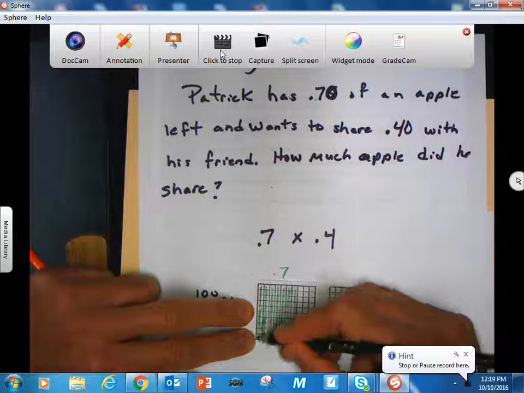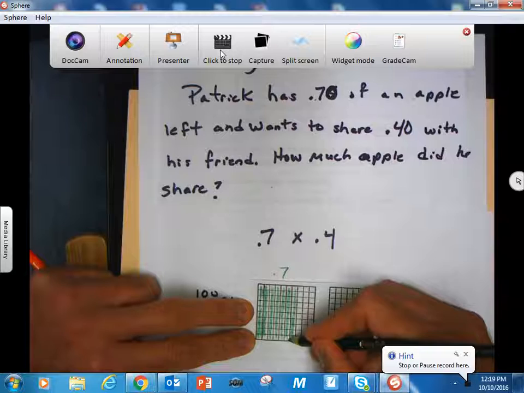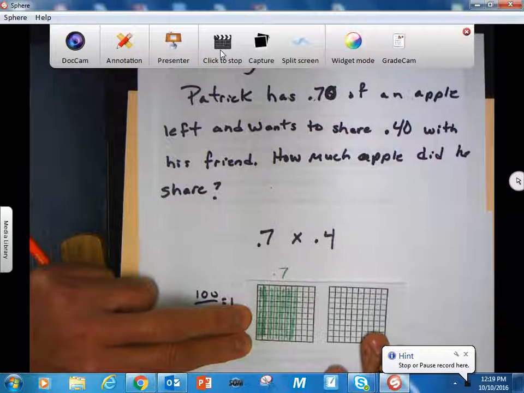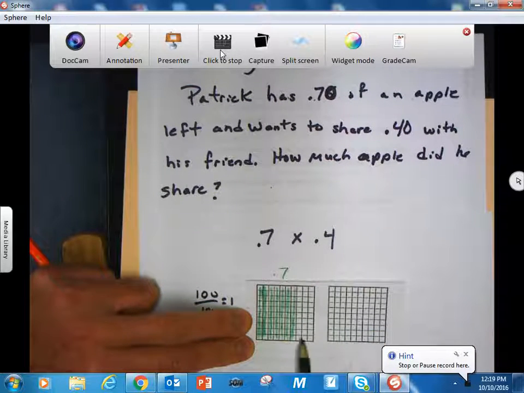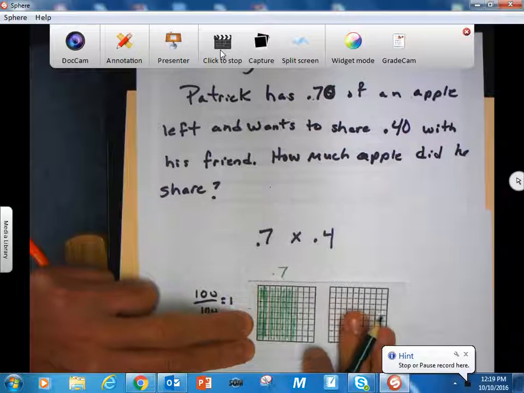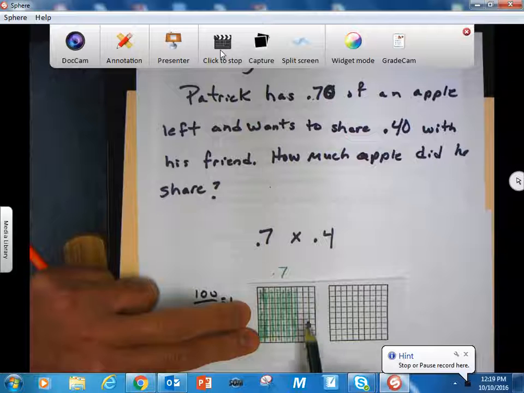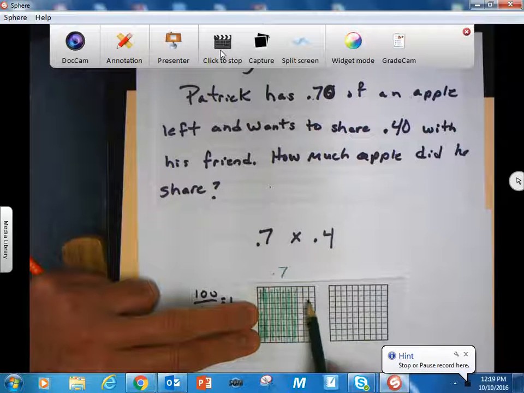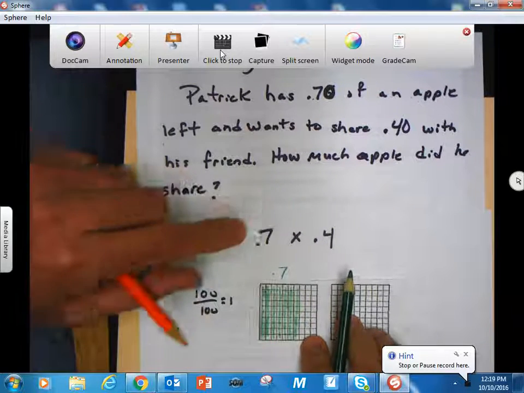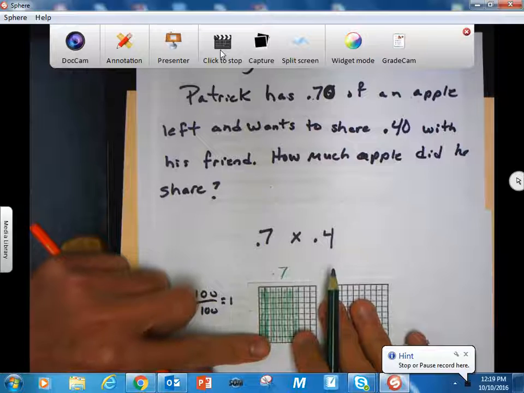There's 7 tenths of my grid, which is not a whole apple, right? One whole apple would be the whole grid. So 7 tenths is left. Patrick ate 3 tenths of his apple. That's what would be over here. That was eaten. So 7 tenths is left,